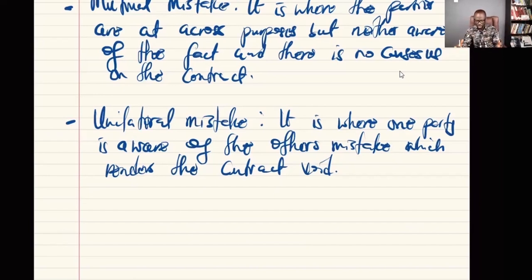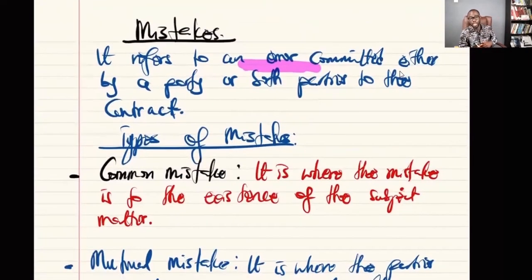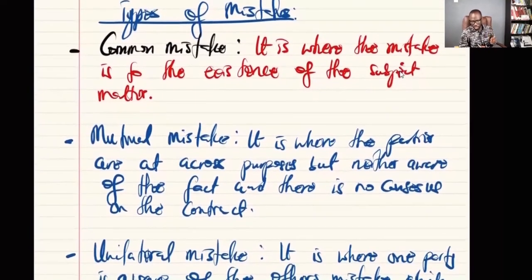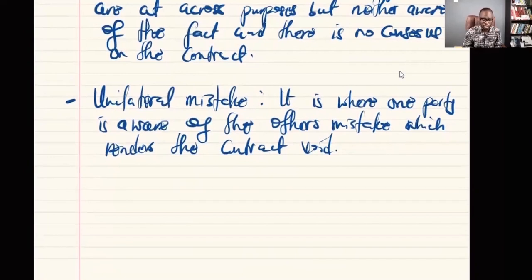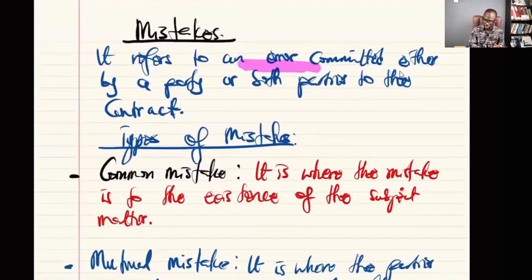So if you can prove that they are making a mistake, or they gave you a wrong form to sign, a wrong document from what they had previously given you to go through, it could be seen as a mistake at the end of the day. So these are what we must also understand when it comes to mistakes. Common mistake on the subject matter. Mutual mistake, no consensus has been reached, however the parties to the contract thought they had reached a contract. Unilateral mistake, where only one party to the contract is committing the error or making the mistake. That's the second one. Let's go.